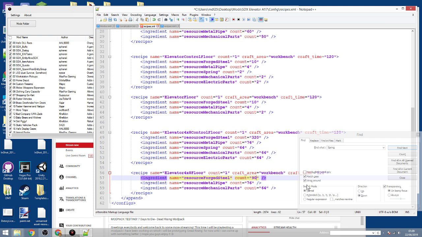76. And 320. Okay. So that's the elevators done there. That's good. So next thing we need to do